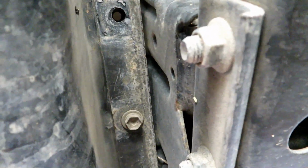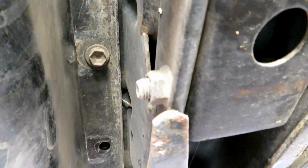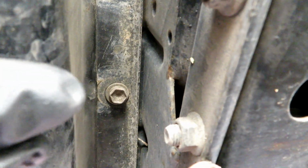Okay, what holds the gas tank up is the one bolt that was in the middle between the 2 guards. There's one bolt right there. And the strap in the back, I already took off the little security clip. You can either take that one off, lift this up a little bit and pull that pin out, or